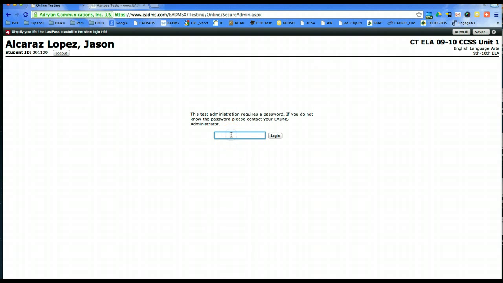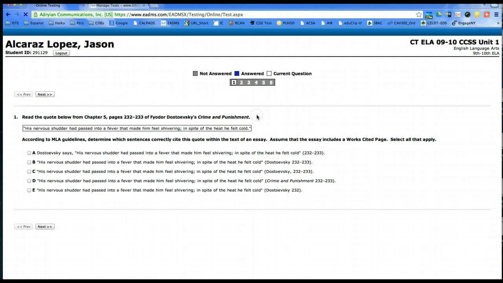And then this would be the password that you created. So ours is largemouth bass. And that's the password that all students would have to type to get into the assessment. So this is somewhat similar to how the SBAC testing works. SBAC will automatically generate the user ID or test session ID password, and in this case, the teacher has to create it. So you click on Login, Begin Test, and now you can see that